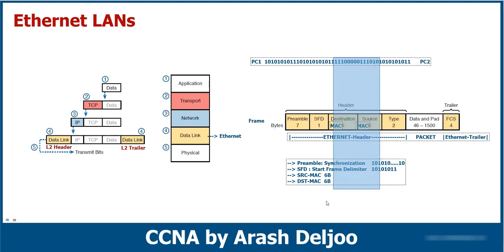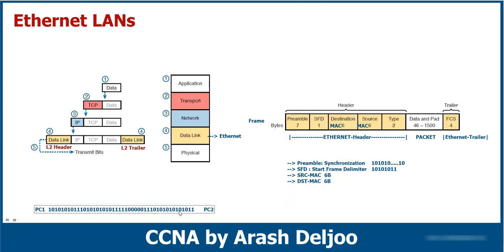Assume that now we are sending this traffic to PC2, and assume that until here we have the destination MAC address. Now PC1 should add this combination. Okay, look at here, 10101010, many 10s, and then 11. When PC2 is receiving this traffic, it can, for example, count the number of 10s. It can find, yes, we have 56 10s. After that we have again 10, 10, 10, and then 11. Okay, this is the stop, and now we can say that this is the start of the frame. And after that we have the length of